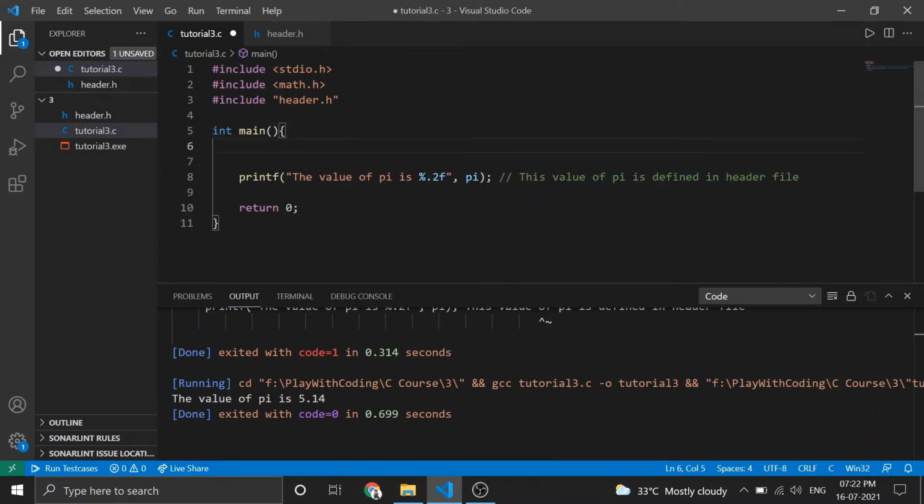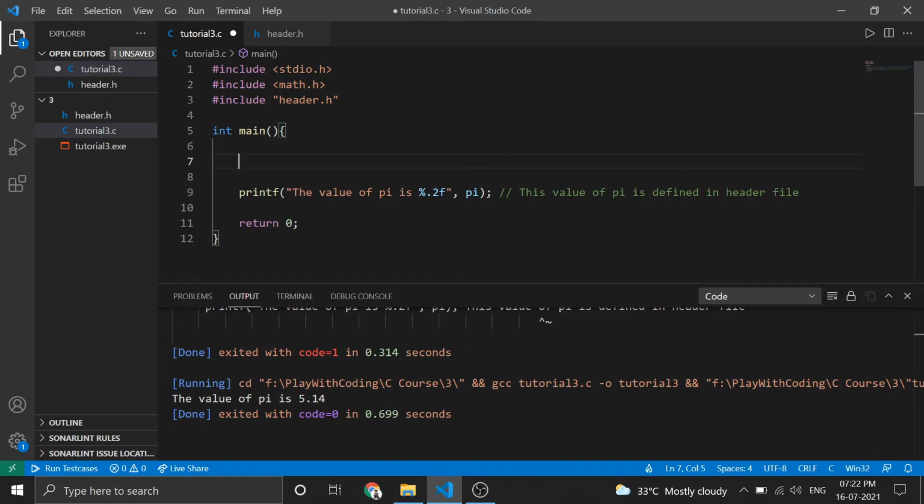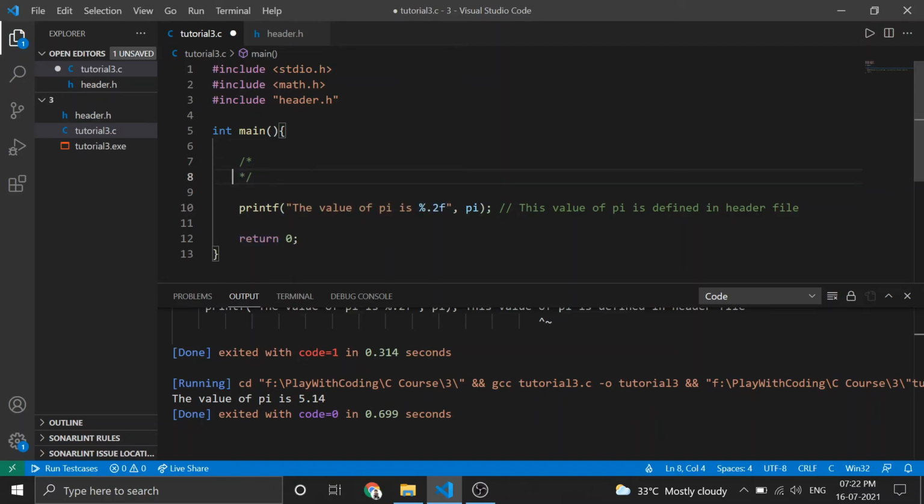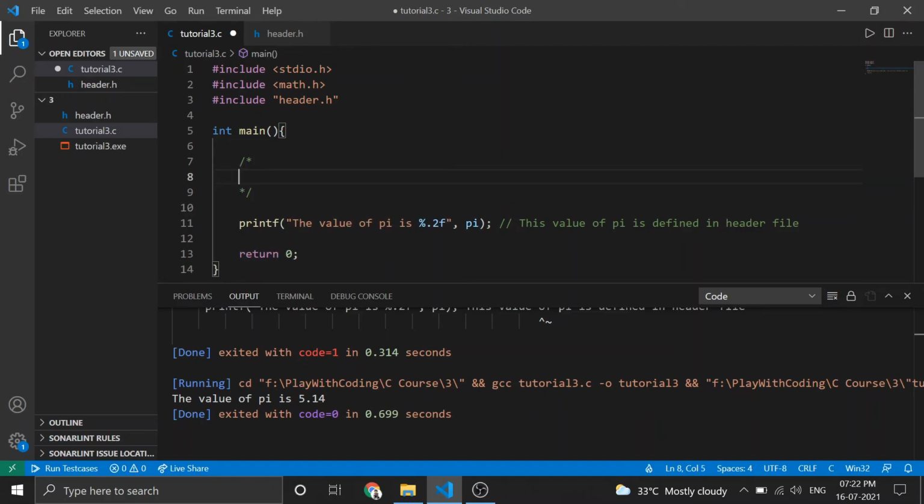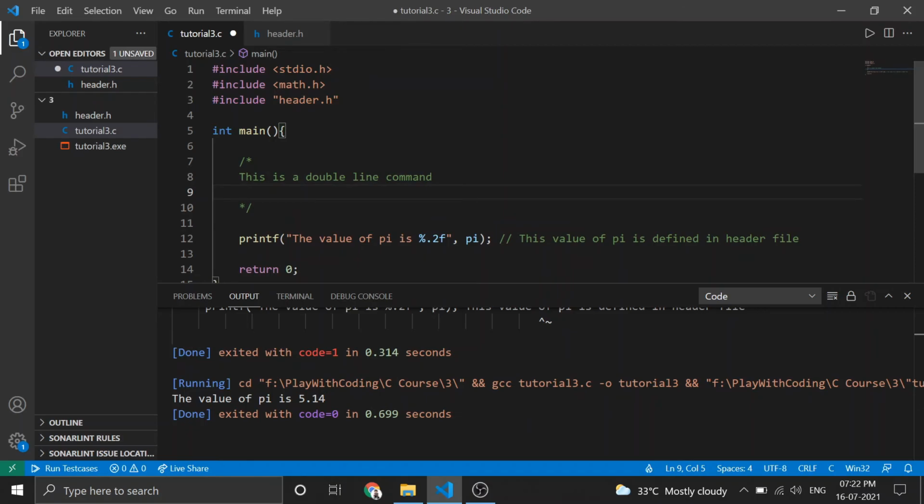If you want to write a multi-line comment, use forward slash star, and then star forward slash, and within that you can write anything. Let's say this is a double line comment. This is play with coding.